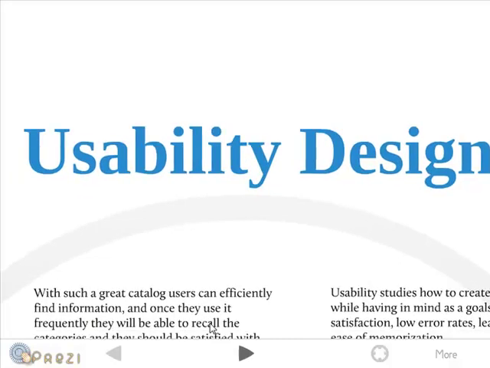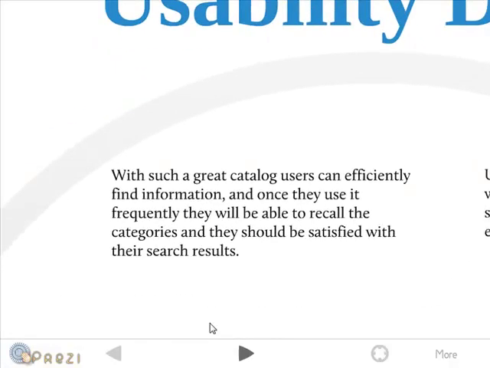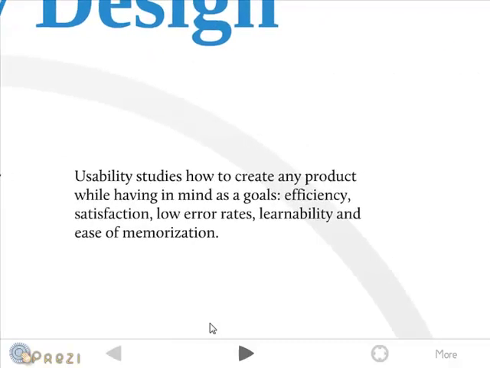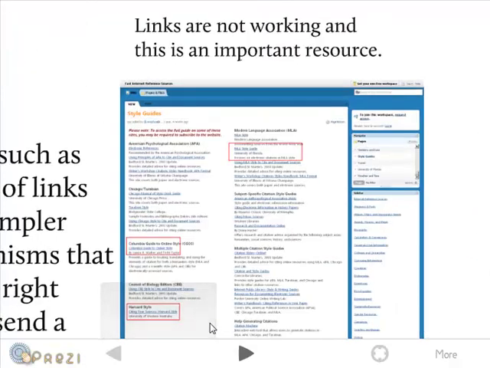Usability design. So, taking the catalog into consideration and it having those great features, users will efficiently find information. And once they use our catalog frequently, they will be able to recall the categories and they should be satisfied with the results. Usability studies how to create any product while having in mind as goals efficiency, satisfaction, low error rates, learnability, and ease of memorization. When thinking about error rates,